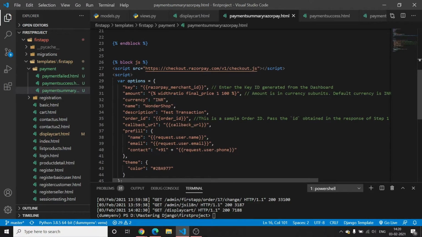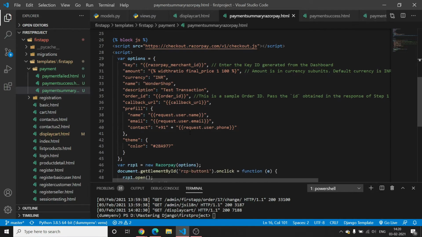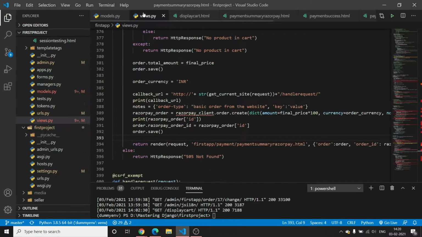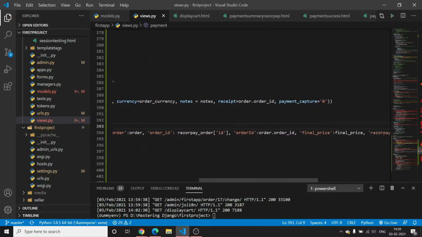You have to include this script called razorpay.com/v1/checkout.js, and you have to provide various options here like key and amount. In key you have to provide the Razorpay merchant ID. In amount you have to provide the final price. Why have I done this with the ratio final price 100? Because in final price I have passed the attribute directly; I have not multiplied it by 100 here.